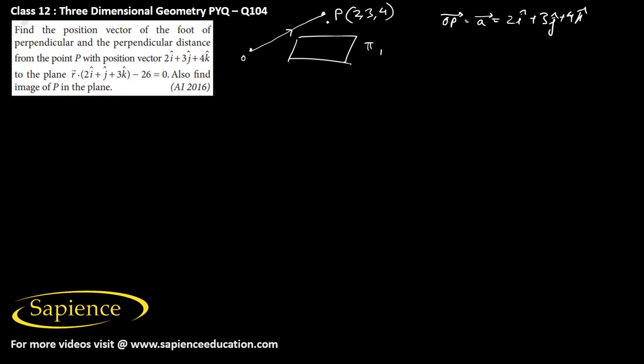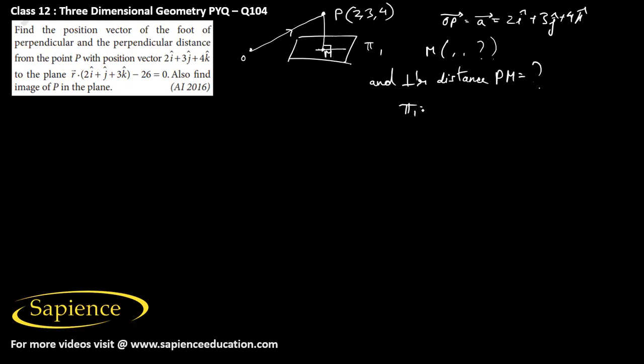So now we have to find the foot of the perpendicular. Means if PM, suppose it is perpendicular to the plane, then we have to find the coordinates of the point M, and the perpendicular distance PM also we have to find. Okay, so